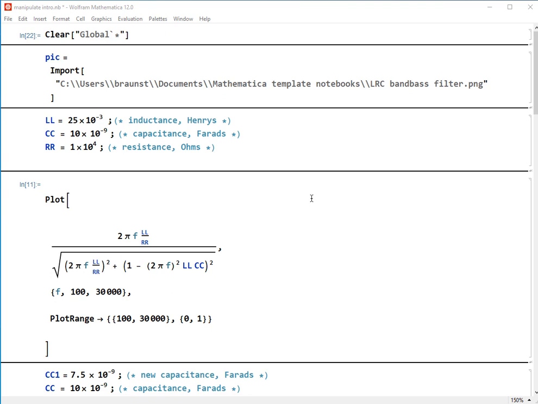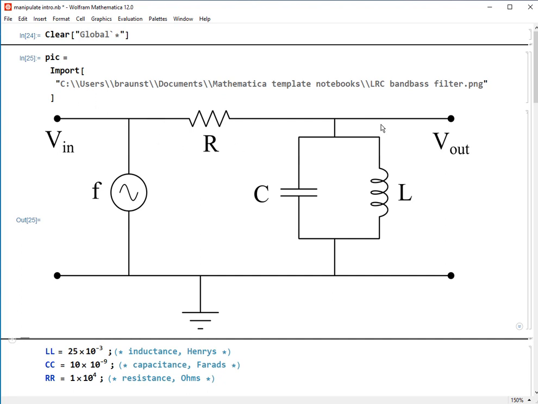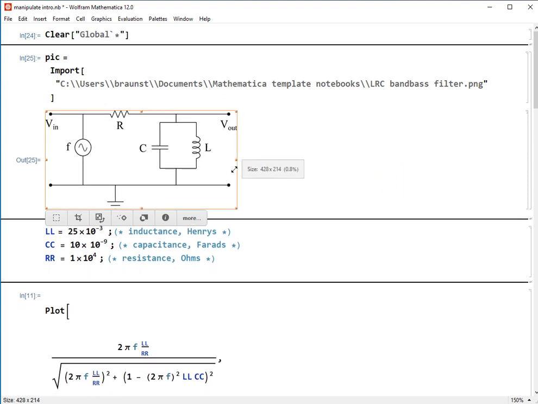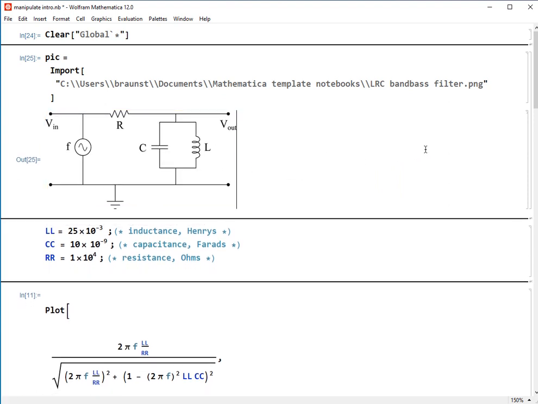I'm starting off with some steps that you may already know. First thing I'm going to do is clear everything in the notebook. And then what I'm going to use as the model for working with here is this circuit, which many of you may recognize as the